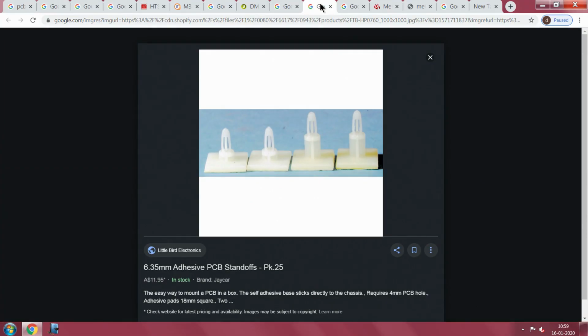Now, this I am sure you have seen, you will be surprised what exactly this is. This is nothing but quarter-inch PCB standoffs, adhesive. So, on the other side we have a backed-up adhesive. This is where it makes sense for us in case you have a printed wiring board and you need to keep it in a